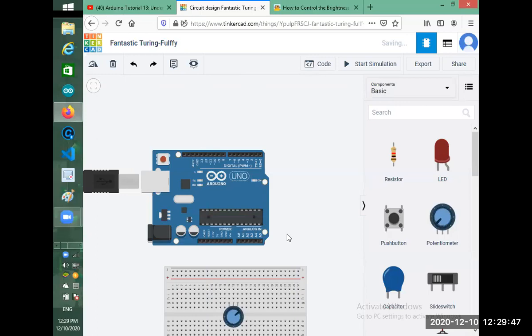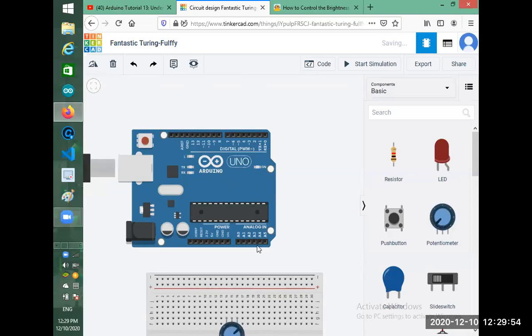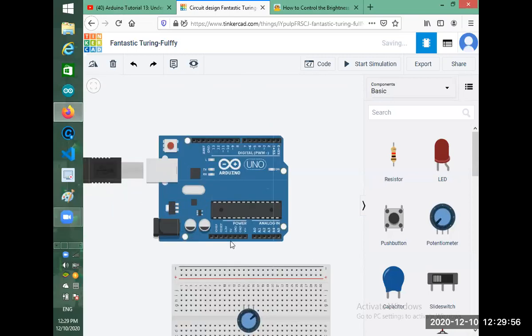First we need to connect the potentiometer with a battery. We don't have a battery right now, but our Arduino is capable of providing 5 volts.